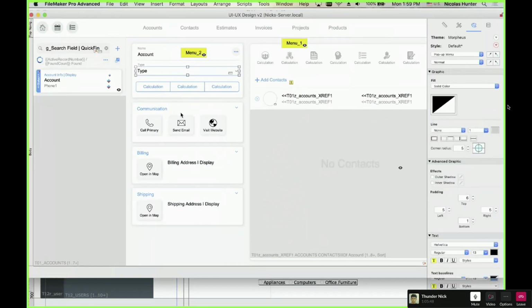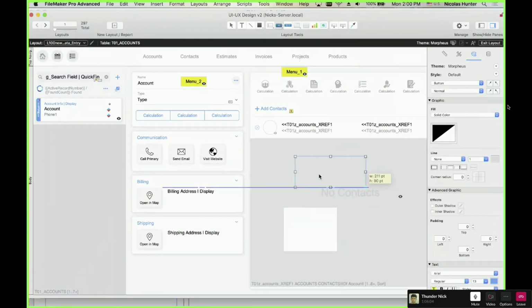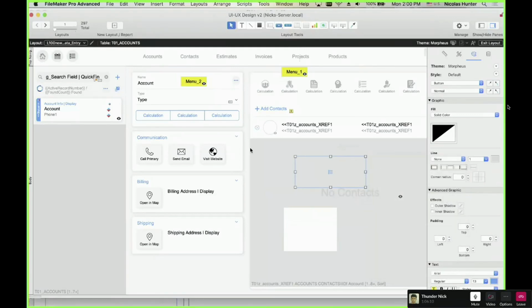This object, this object, this object is the same. So that means this is a button, tape, button, they share the same. The style is not done yet, but this is a button, right? And this is a shape.